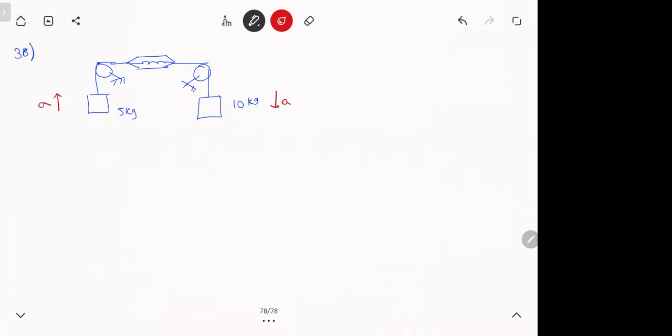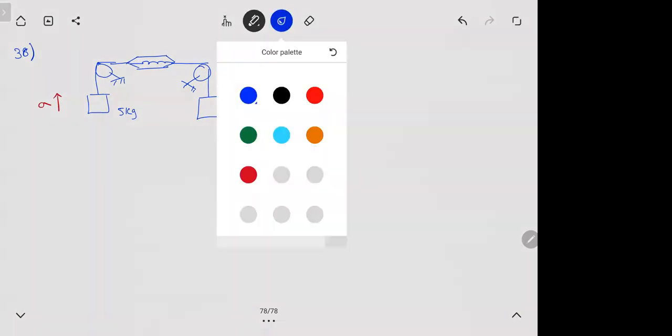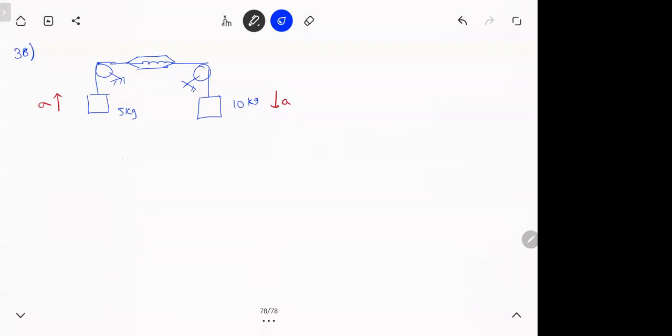Now 10 kg will pull everything down. So whole thing will start moving actually. So if I draw the FBD now, listen carefully to this thing. I'll show you one. Next one you can try. So this is tension. This is tension. That is okay. So on the 5 kg block, tension up, 50 down, acceleration A. So this is T minus 50 is mass into acceleration. Up is positive, down is negative.